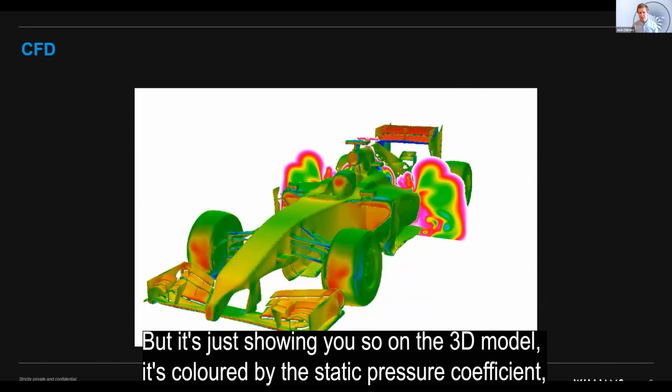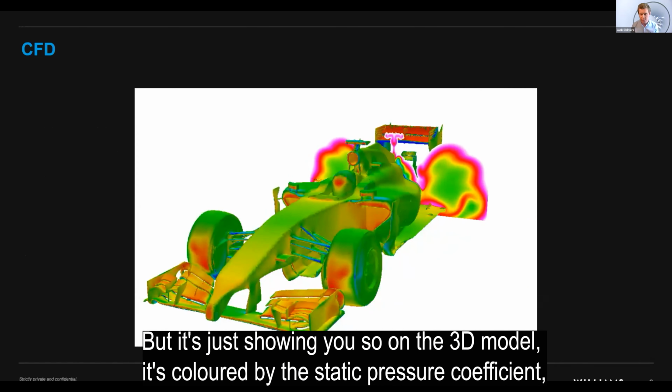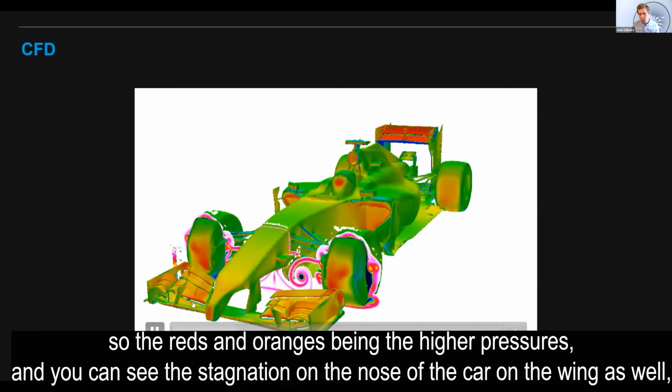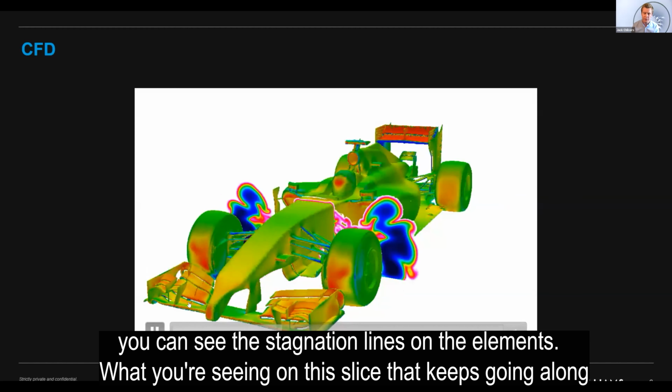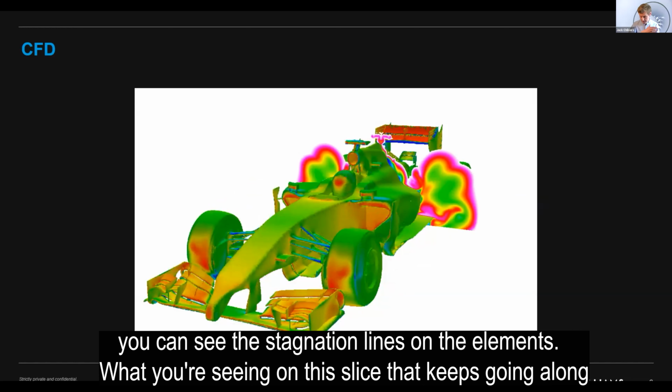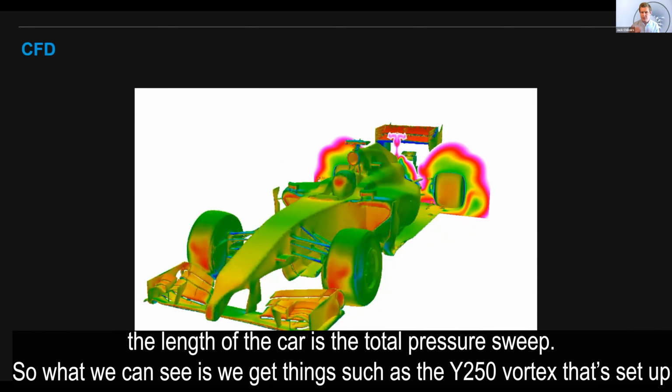But it's just showing you. So on the 3D model, it's colored by the static pressure coefficient. So the reds and oranges being the higher pressures, and you can see the stagnation on the nose of the car, on the wing as well. You can see the stagnation lines on the elements. And what you're seeing on this slice that keeps going along the length of the car is the total pressure